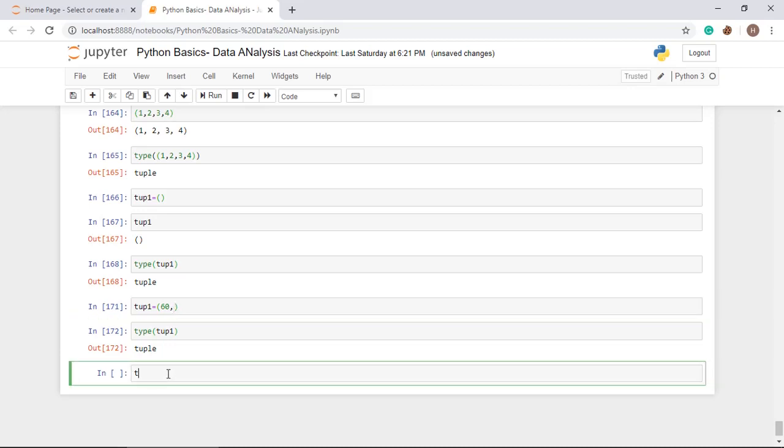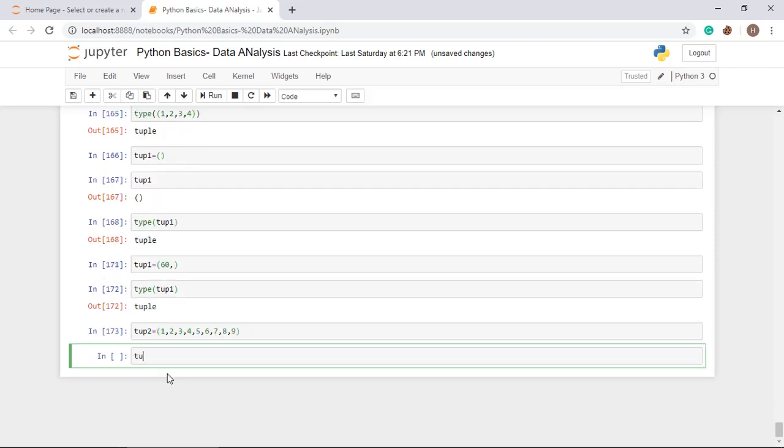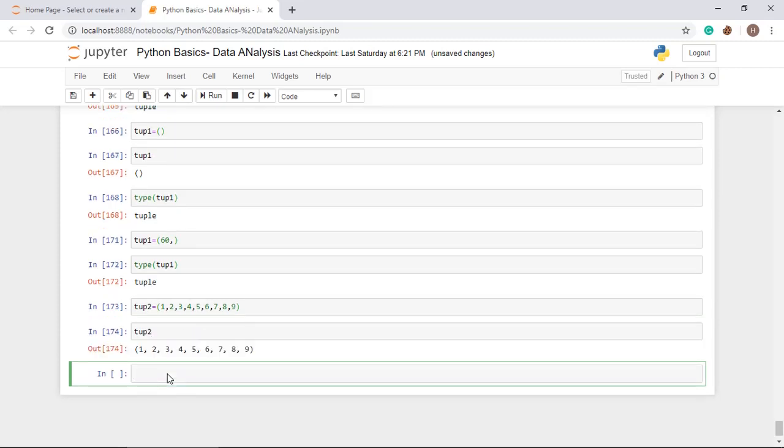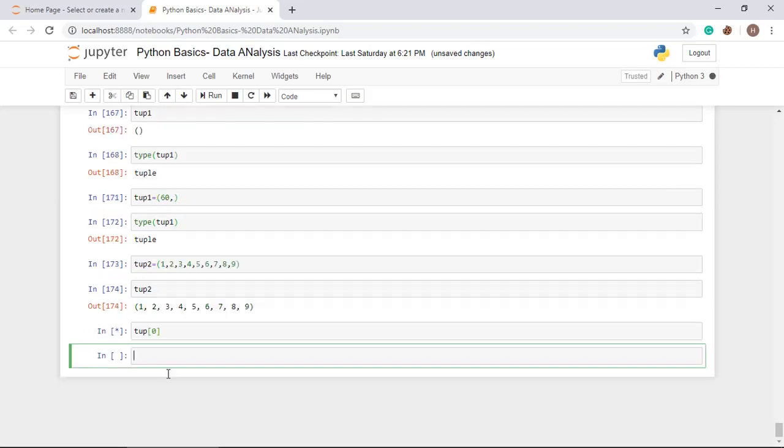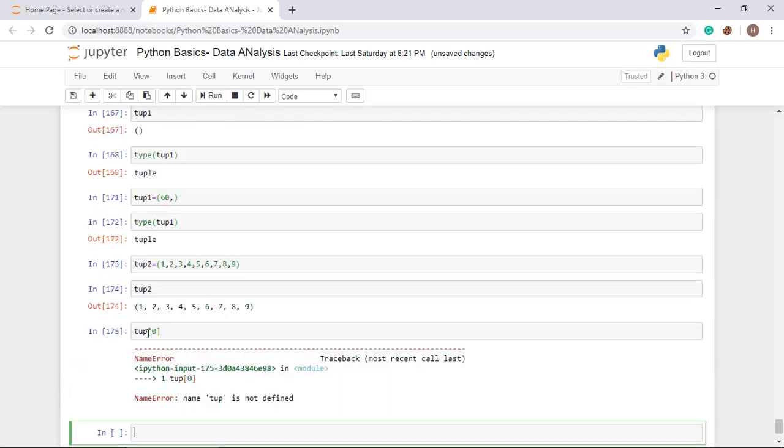Let's take a tuple, tup2, equal to 1, 2, 3, 4, 5, 6, 7, 8, 9. This one is the tuple. Now I am going to access the value using the index. Sorry, I typed the wrong variable name.